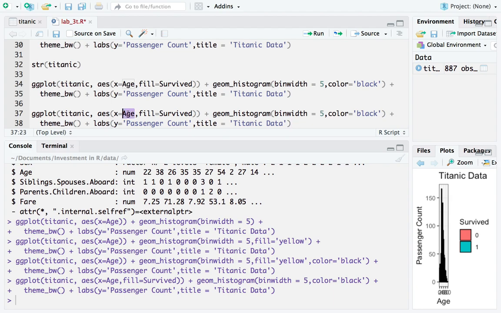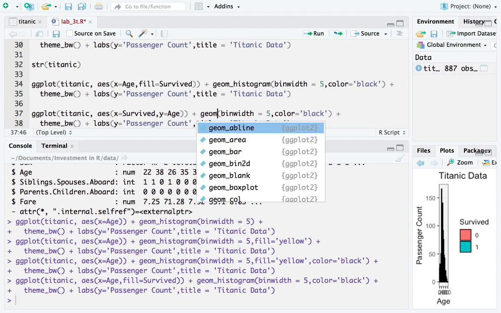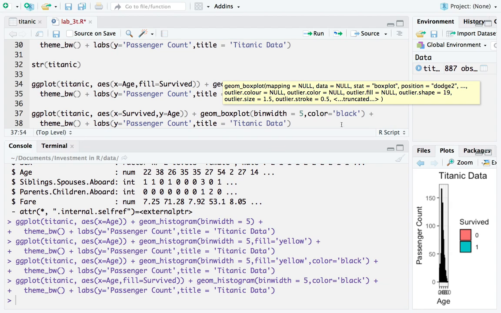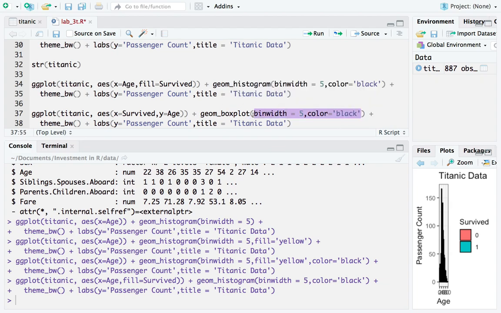Categorical. Which one goes on the y-axis? Your numerical. Change this to box plot. Don't need any of this. That easy. Run this